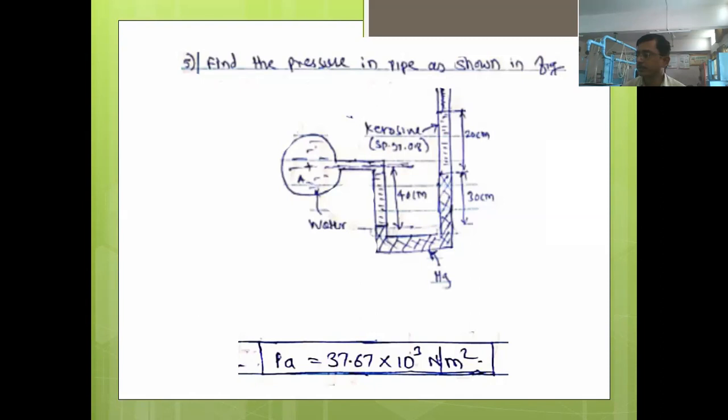Right. So now who will tell me the equation here? That is the important thing to solve this problem. If you know the equation, then you can easily solve this problem. The remaining part is only the calculation part. Yes, can anyone tell me the equation? HA plus H1S1 is equal to H2S2 plus H3S3. Correct. So everyone understood that equation? Yes, sir. Mayur has given the correct answer for this equation.